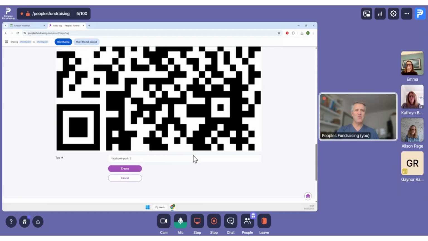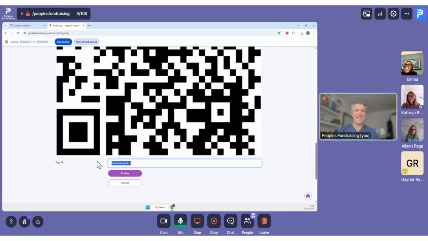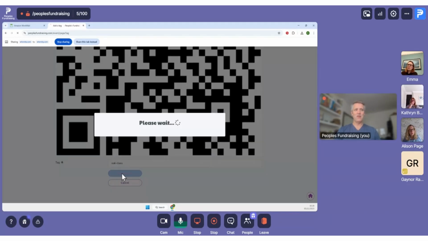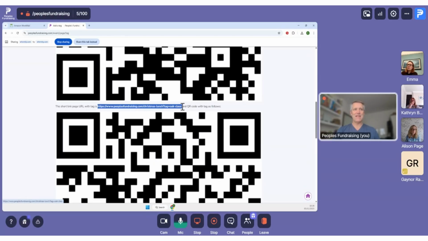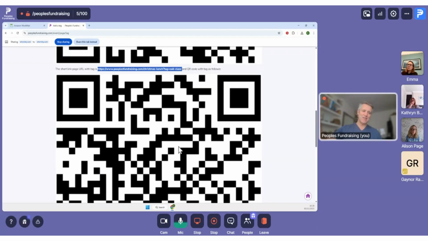Now, the other utility of tagging is that you can also use it for resellers. Or if you're a school or a PTA, you could hold a competition between your classes, to see which class generates the most purchases. So again, school PTA, you could have, say, Oak class. You create that and you give Oak class their own link and QR code, and all the kids in Oak class